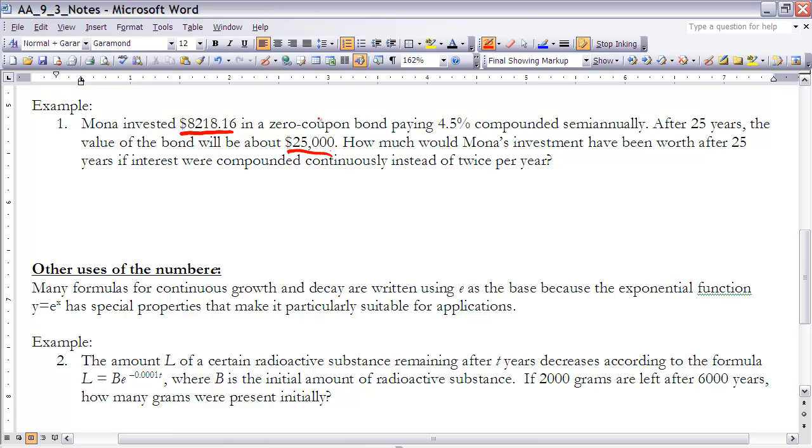So we know it was compounded at 4.5%. What I want to do is figure out how much she would have if it were compounded continuously. I'm going to use my formula, A equals P e to the rt. The amount, which is what I don't know, is equal to the principal, which started as the same amount,